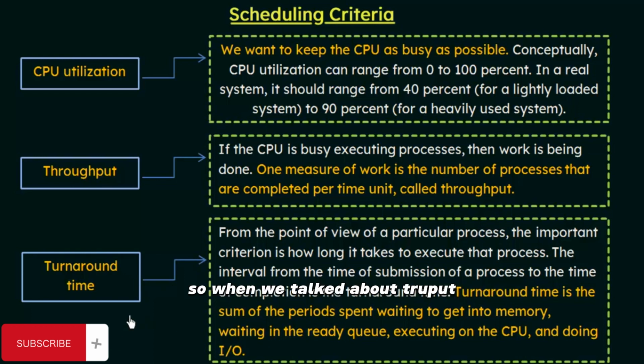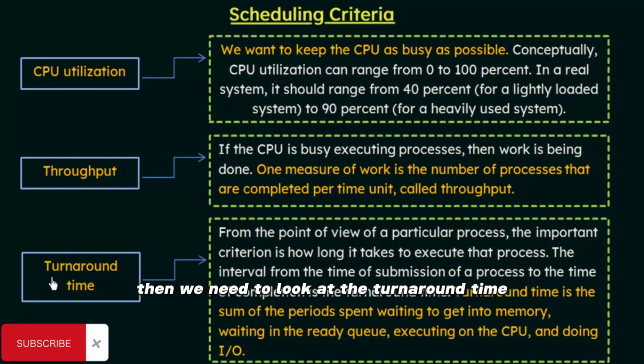So when we talked about throughput, we were talking in terms of CPU. That means how much work is done by the CPU per unit time. How many processes are executed by the CPU per unit time was the throughput. We were talking in terms of the CPU. But if we are seeing it from the point of view of a particular process, then we need to look